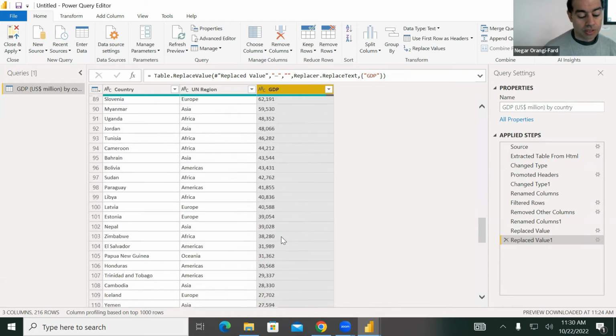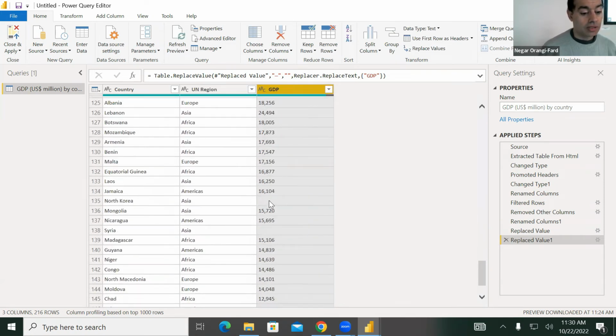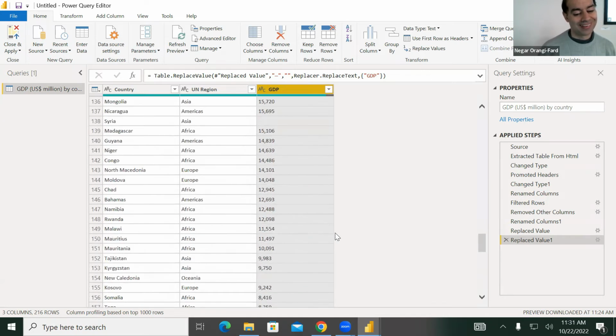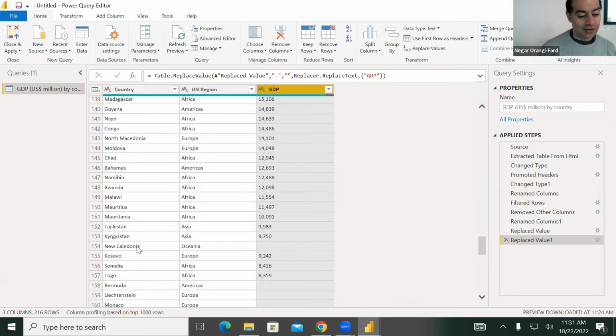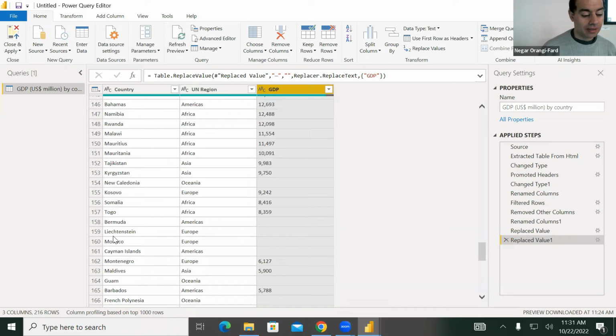And then we keep scrolling down to see if there are any other problems. We see North Korea is blank. I wonder why, right? And then Syria is blank. Well, I wonder why. And then New Caledonia in Oceania, right? And we have Bermuda, Liechtenstein, Monaco, Cayman Islands,